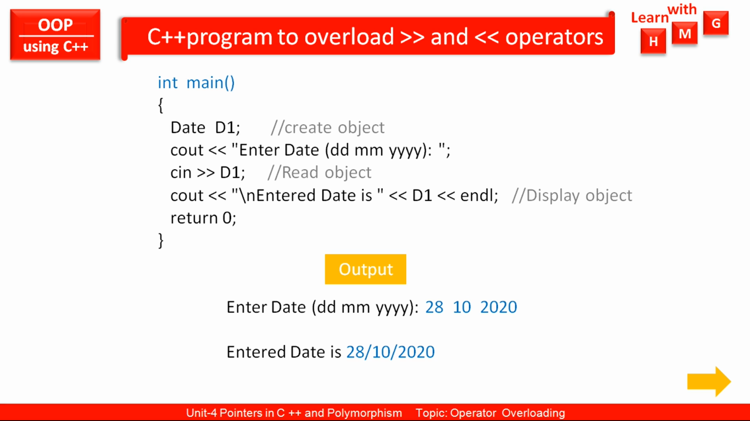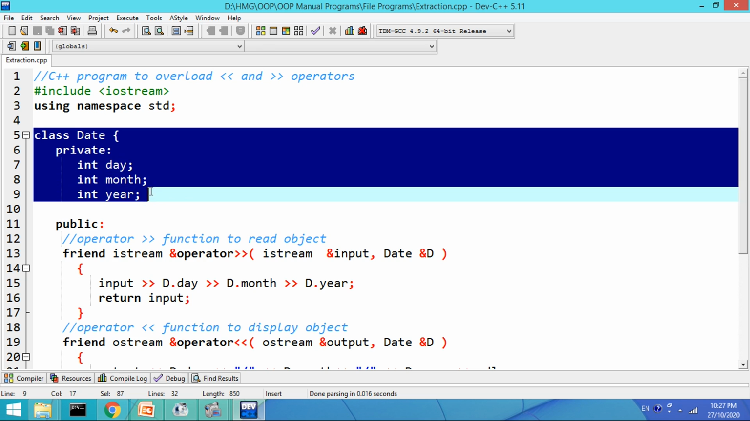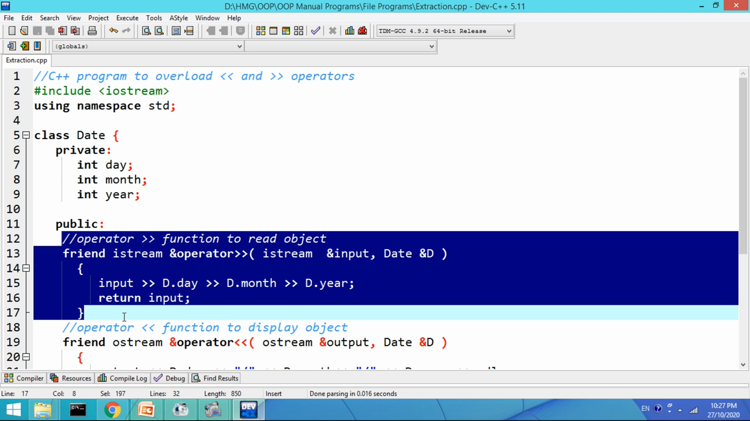Now let us have a demonstration of actual execution of this program using Dev C++ compiler. So this is the C++ program I have written here in Dev C++ compiler. The file includes iostream, then using namespace std, and a class is defined here with three data members, day, month and year. Then in the public section the first friend function is defined, that is the operator extraction function to read the object,